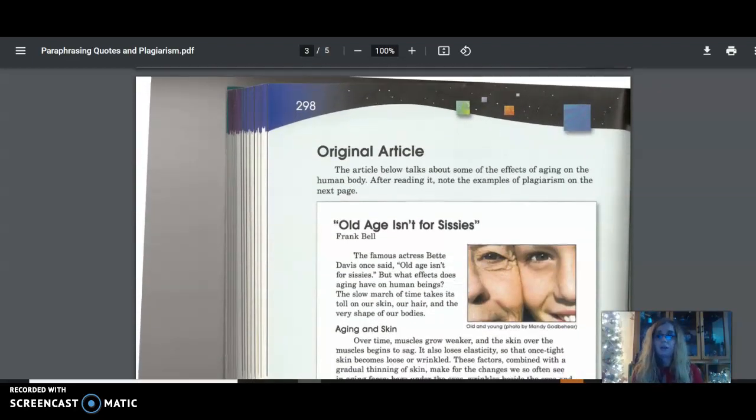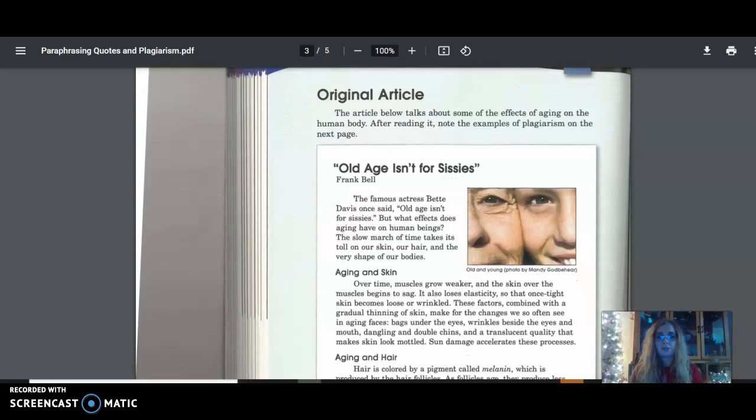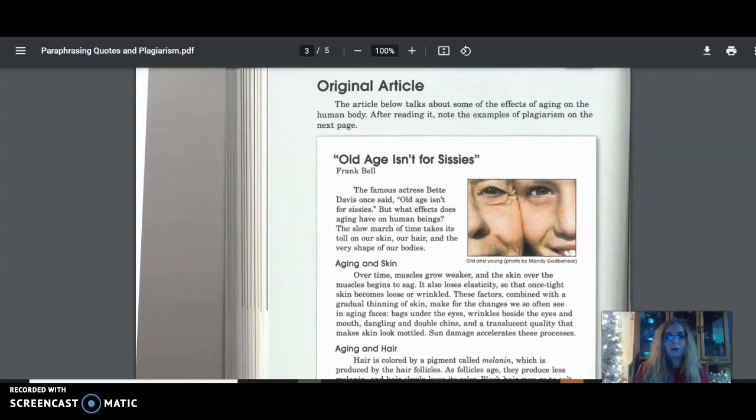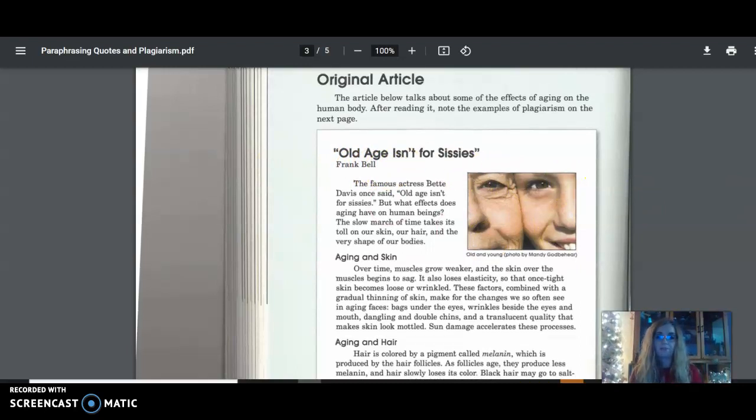And here is the article, and yes, I'm going to quickly read this to you. The article below talks about some of the effects of aging on the human body. After reading it, note the examples of plagiarism on the next page. "Old age isn't for sissies," and you can see, looking right here, that the author of this article is Frank